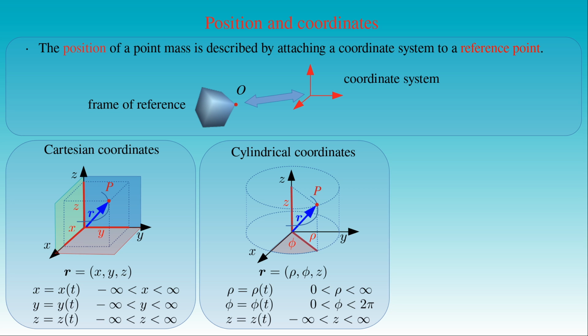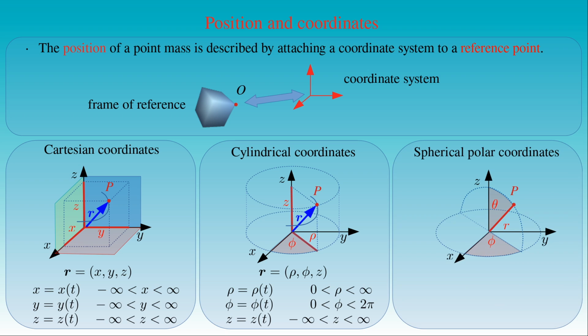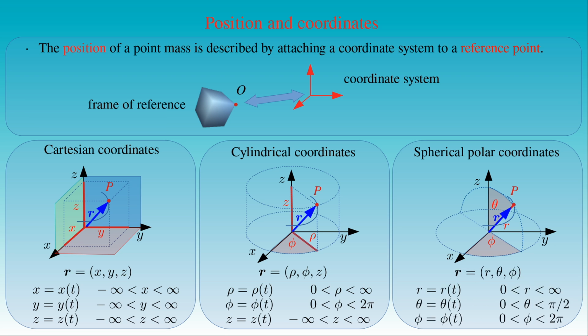The last coordinate system we considered was the spherical polar coordinate system with the coordinates r, theta, and phi. These coordinates describe any point P on the curve along which the point mass moves as functions of time. Here the position vector r of the moving body is represented by the coordinate functions r(t), theta(t), and phi(t). Now the radial coordinate r is defined over the non-negative real numbers. The polar angle theta covers the range between 0 and pi, and the azimuthal angle phi runs between 0 and 2 pi. The cylindrical and spherical polar coordinate systems are special cases of the curvilinear coordinate system.